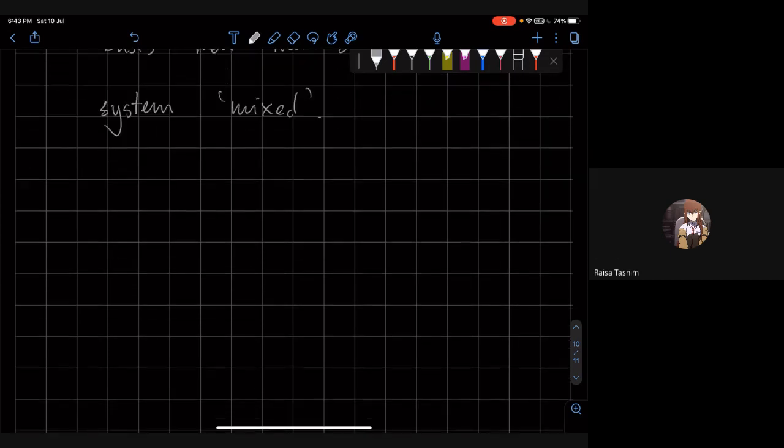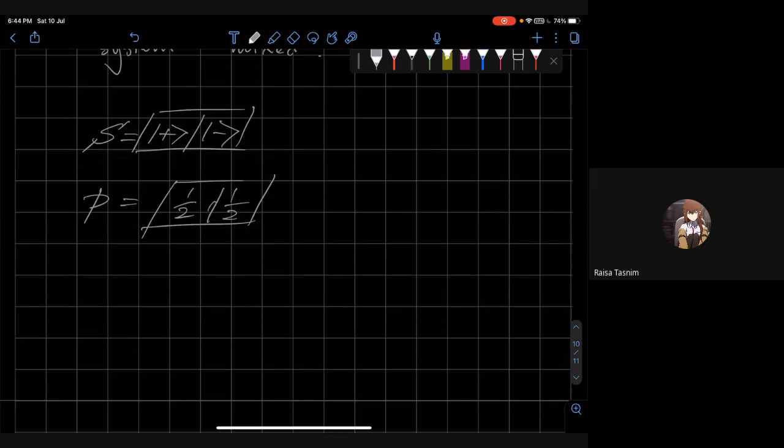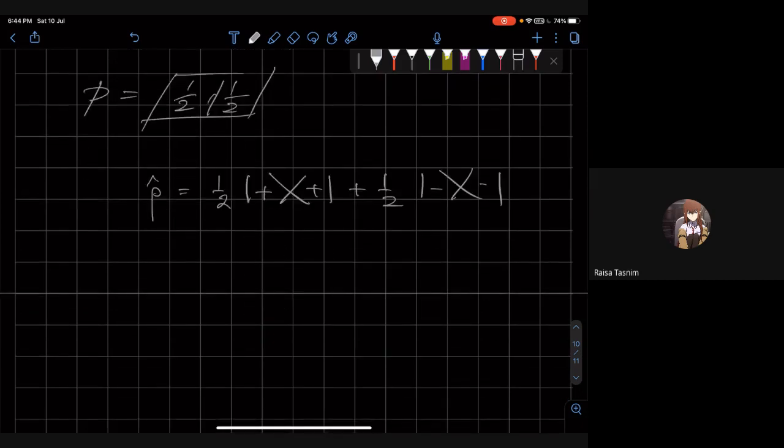Okay, so suppose that we have this as our S. S consists of two states, say plus and minus, and this is P. P is half and half. Then our density matrix for this is going to be half |+⟩⟨+|. It's a very special density matrix I'm choosing. So if I look at it as a matrix, then